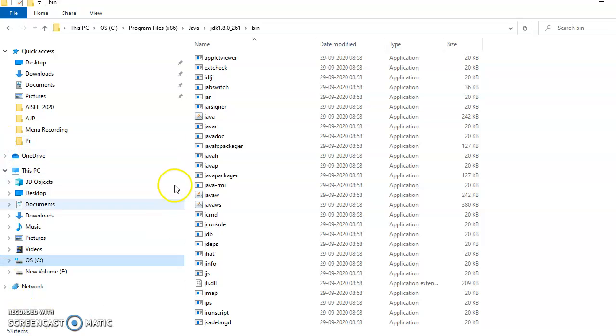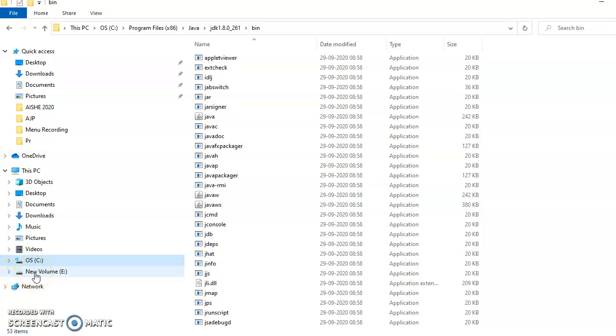Looking at this structure, one thing I can tell you is that in this tree structure, This PC is the parent node, which you can also call the root node. This parent node has further subnodes with the names 3D Objects, Desktop, Documents, Downloads, C drive, E drive.